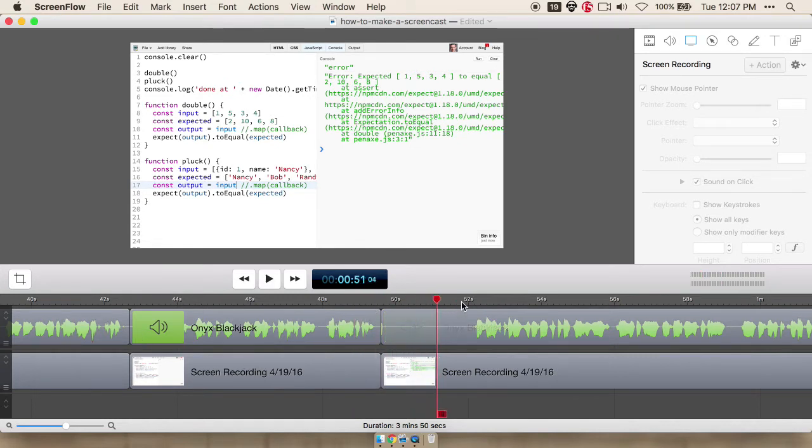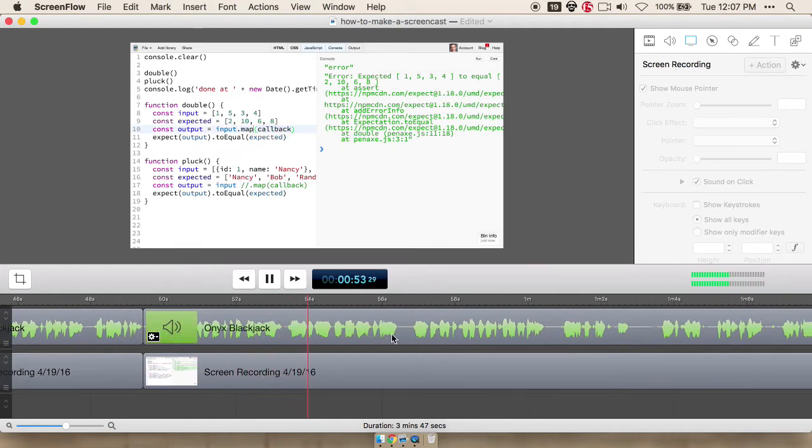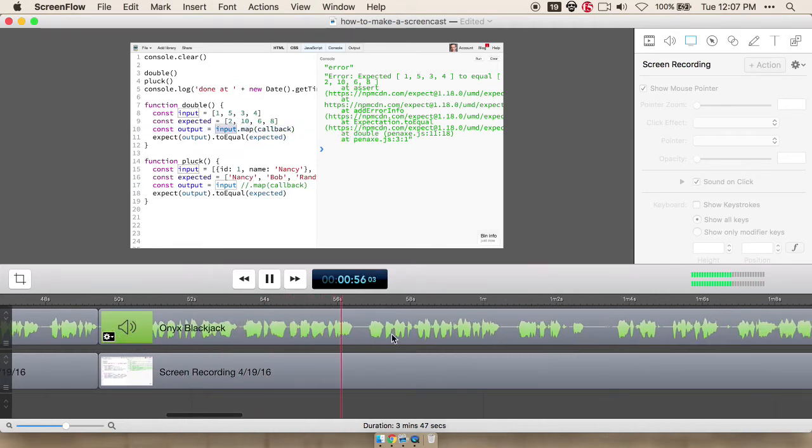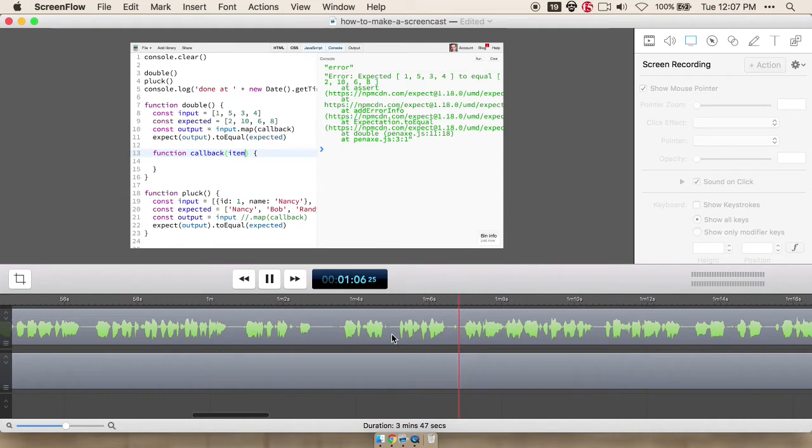Okay, great. So then I can do this big cut right here. Go ahead and make this pass. So to start out with the double, we're going to find this out, and we have the map API being called on this input array, and it's being called with this callback argument. The callback is a function, and we're going to call it callback here. And the callback accepts an item, and then it returns